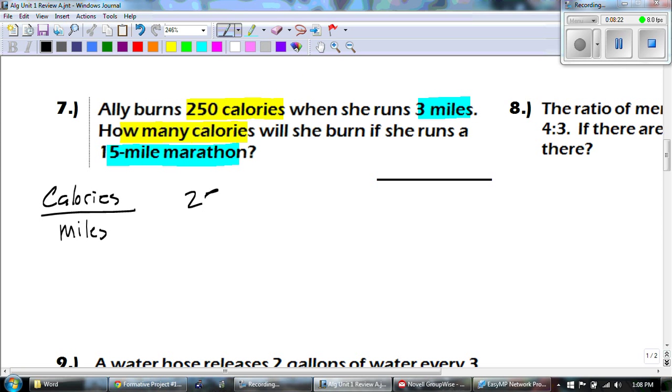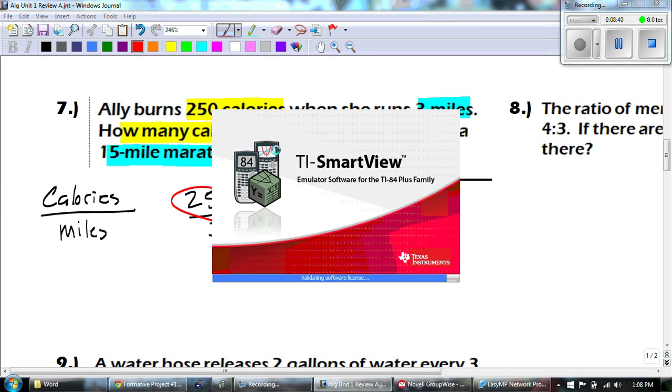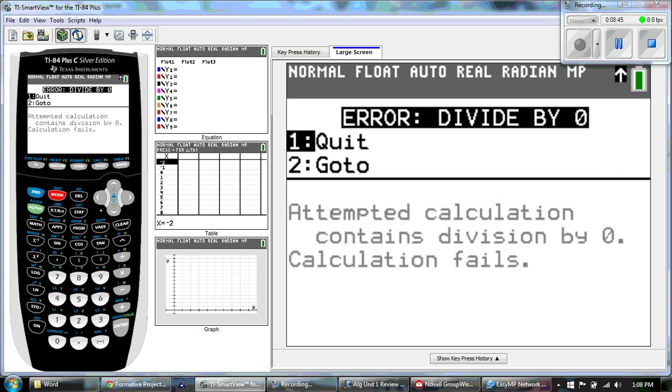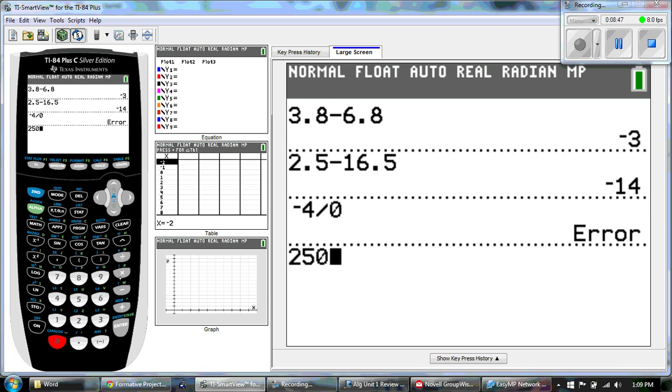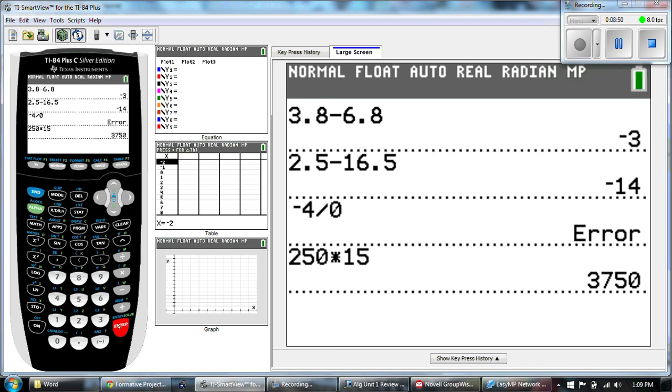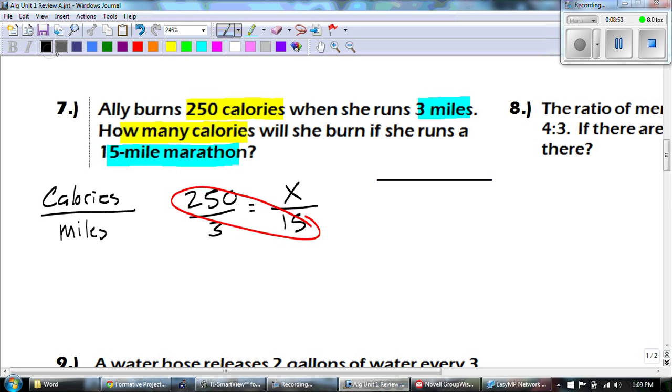If we set this up, we have 250 over 3, and they're asking how many calories, that's our x, and then 15 miles. Okay, so I know we have to cross multiply. The first thing we're multiplying is 250 times 15, so I'm just using my calculator. 250 times 15, and we get 3,750. And that's going to equal